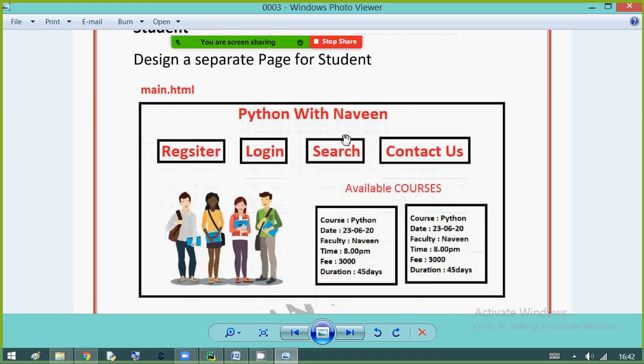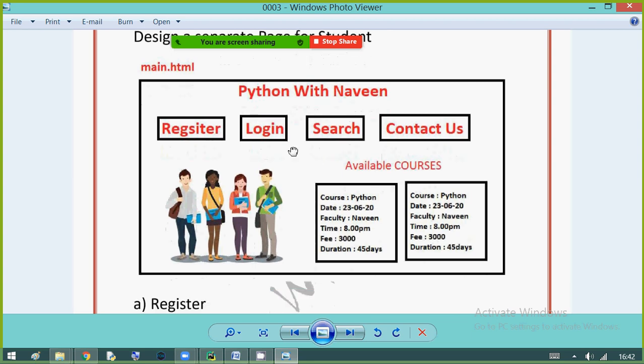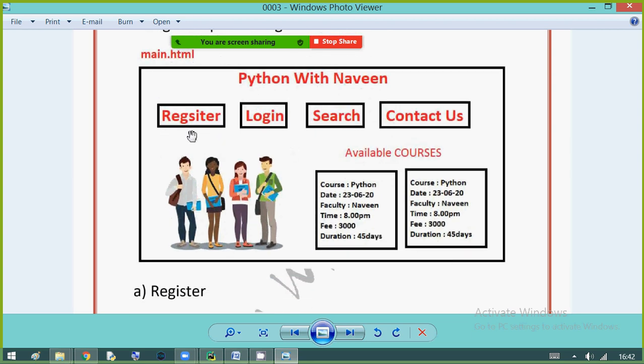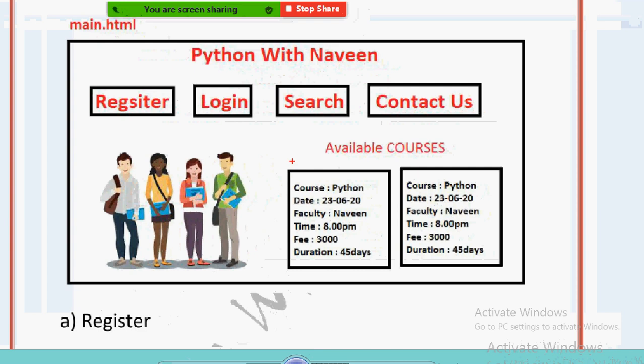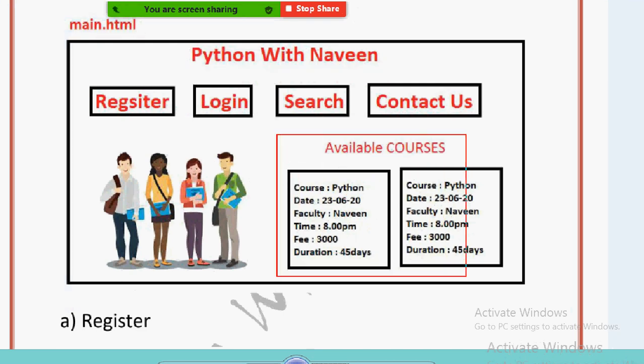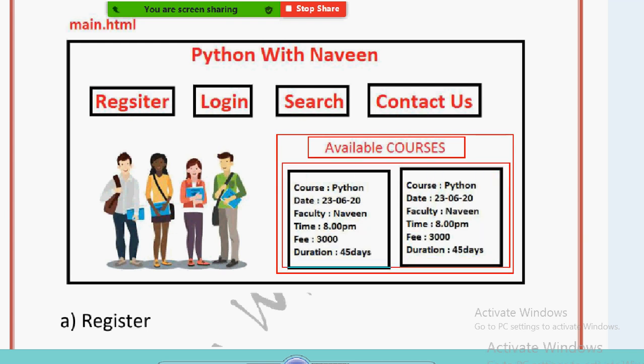Separate page means we'll give two different URLs. So we have different menu options here for the student, like register, login, search, contact us. You can say this is the home screen, guys. Here only you can see all the available courses. You can show the available courses to the end user within your home screen.